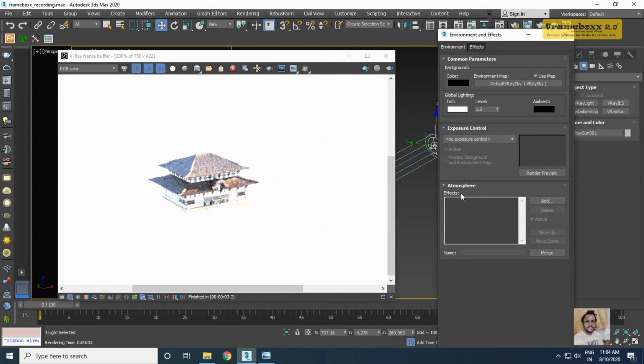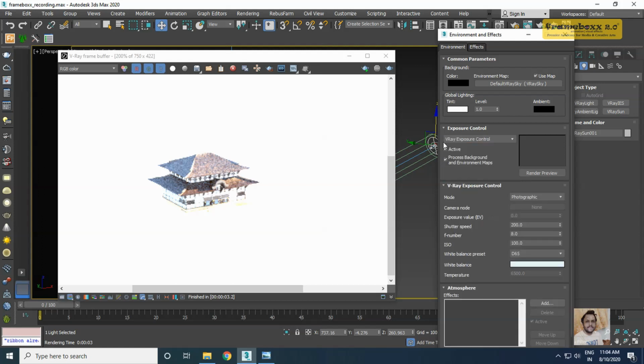In the environment, I will go to my exposure control and select V-Ray exposure control. What this does is apply a global exposure control to the entire scene. It will take the whites and the brights of the image and level them out to give you accurate lighting. Then in the V-Ray exposure control, as you can see, my mode is set to photographic.